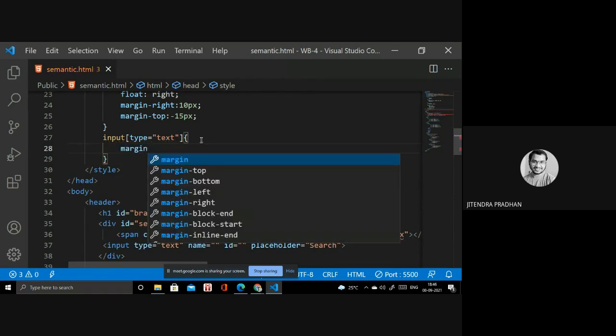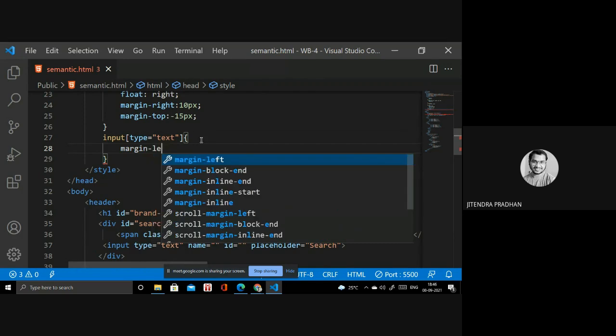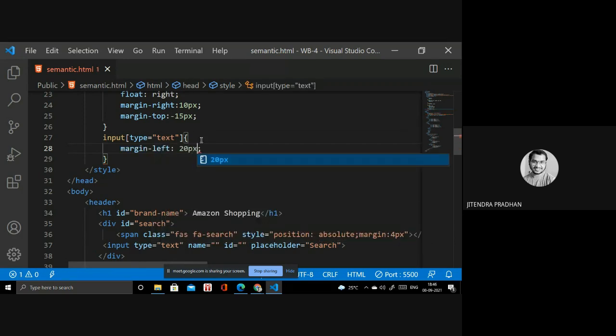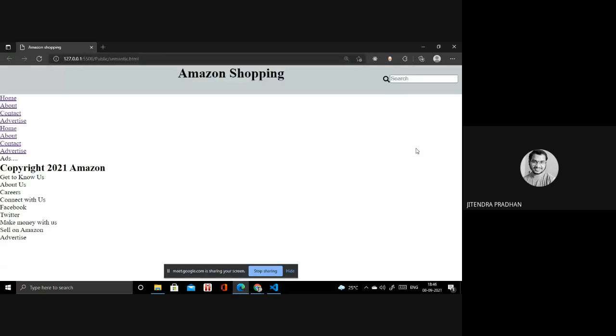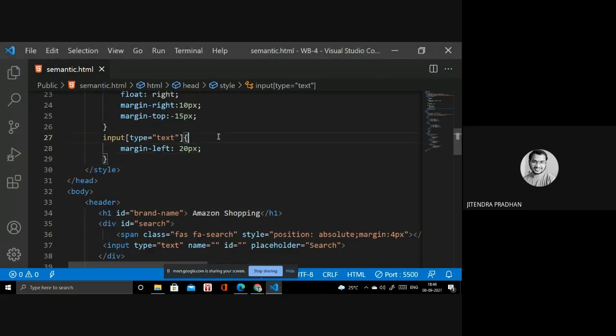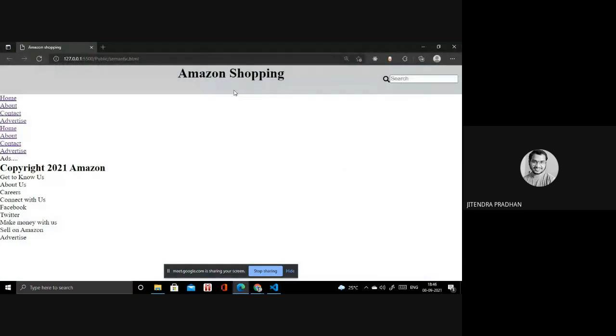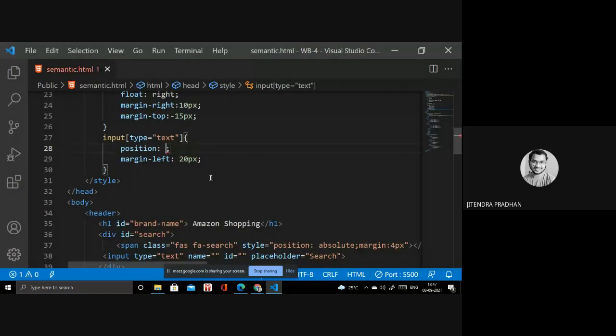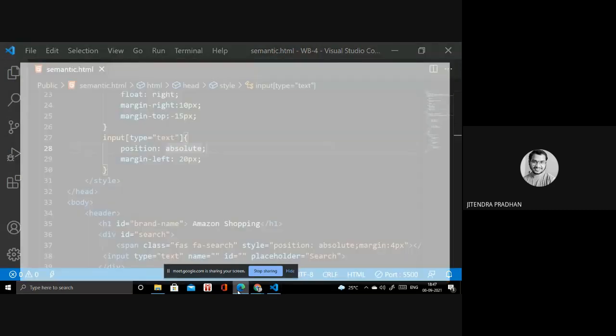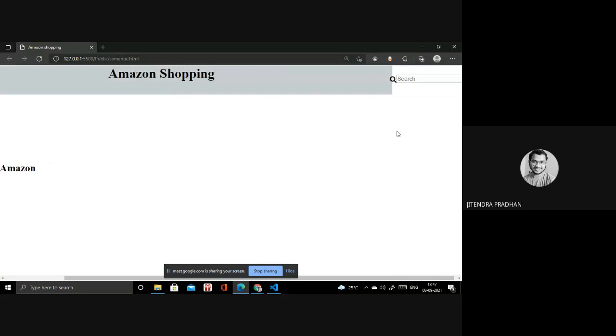So margin, it's like a margin left 20 pixel. Okay, wait, it will come inside that, right? Okay, I will write the position as well. Position relative, if I write, it's not working. Okay, wait, I will change that one. It's position absolute. Okay, it goes to that.